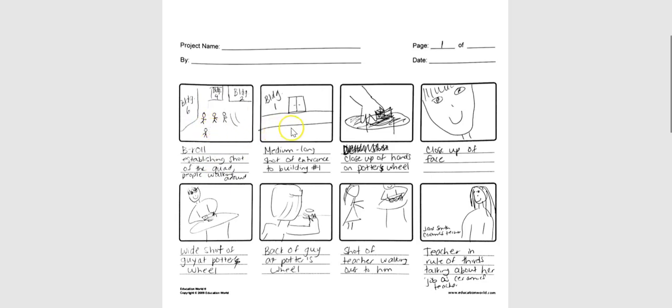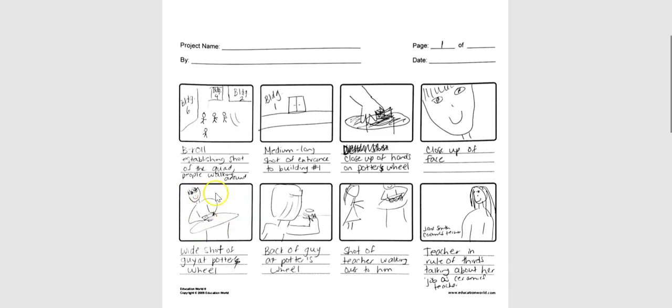And then my next shot might be a medium long shot of the entrance to Building 1, which is where the ceramics and other art studios are. Then I might jump into my story. So here comes my 5-shot sequence, by the way. Here's a close-up of somebody, one of the students, throwing a pot, close-up of the face of the student,